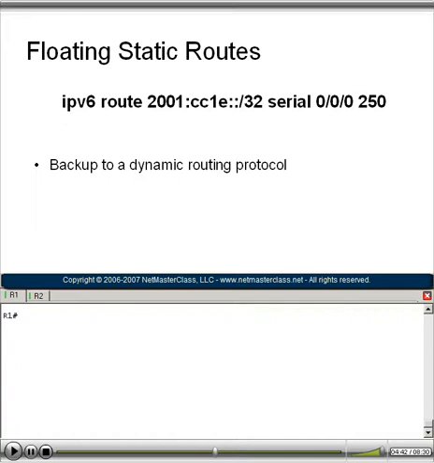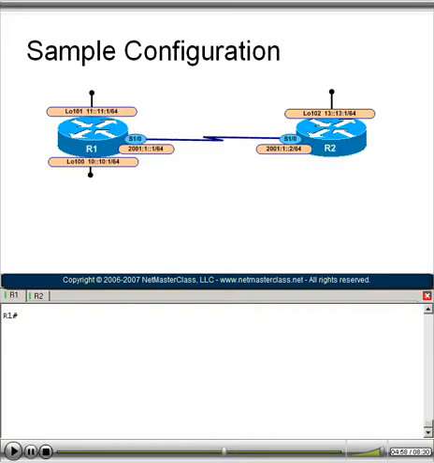protocol is missing. If that goes missing because we have a link failure or something along those lines, then this route with the worst administrative distance would be installed in your routing table. So it's a cheap, efficient way to do backup routes. Well, let's go ahead and experiment with some static routes